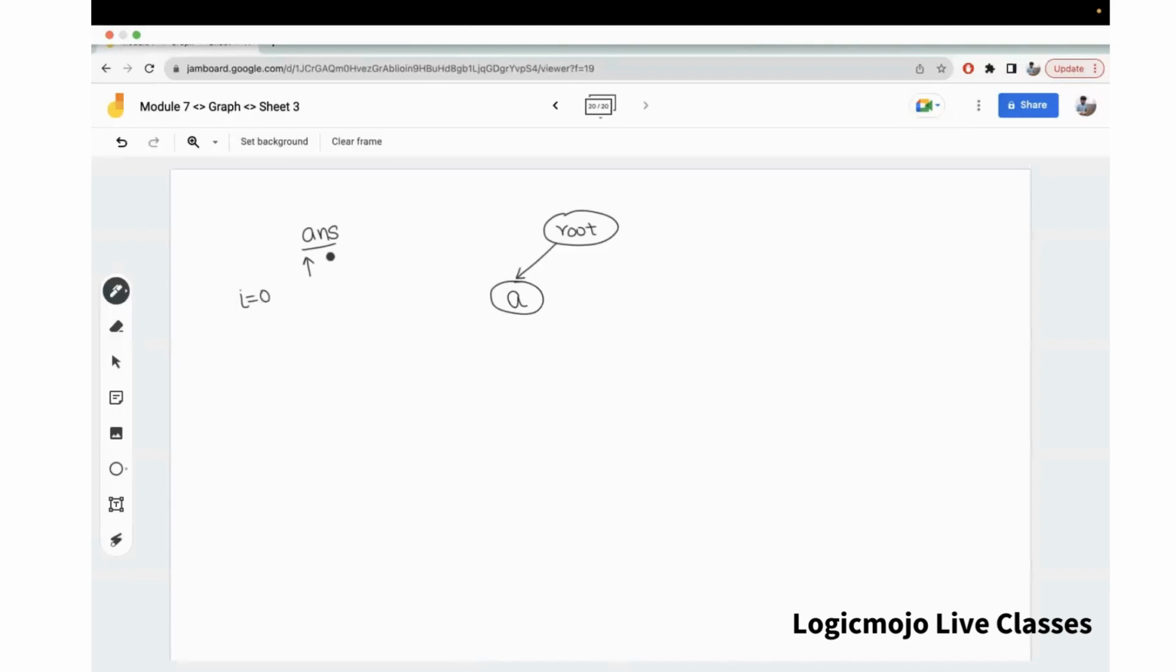Now we go to i equal to 1. We check for i equal to 1 and its next level is this one. Does N exist? No, N doesn't exist, so we insert it. Similarly, we check for the next level, does S exist? No, S doesn't exist, so we insert it. Similarly, if we go for "and",